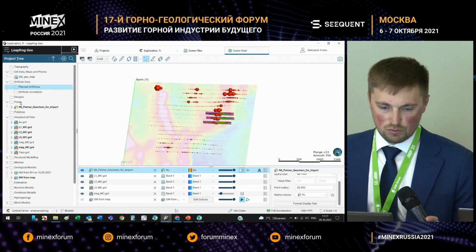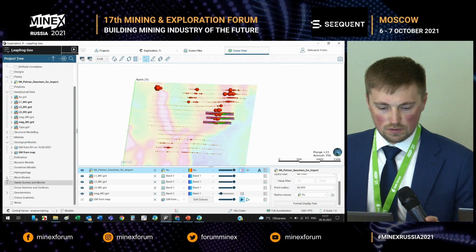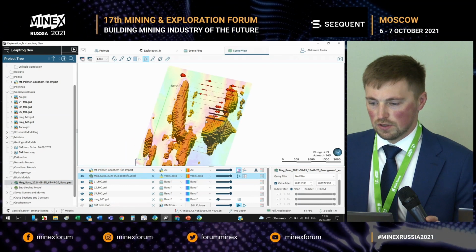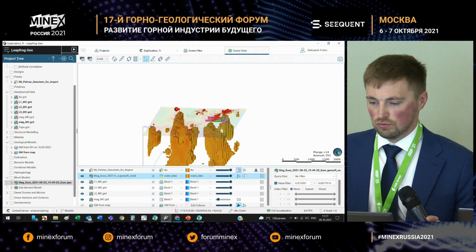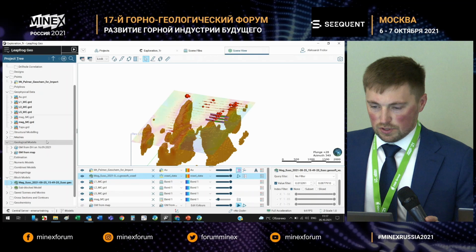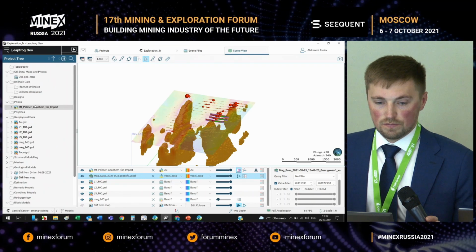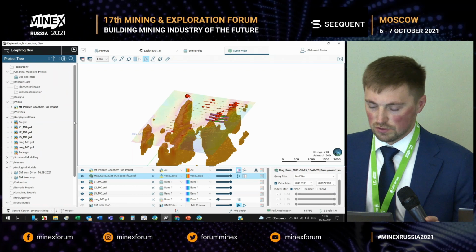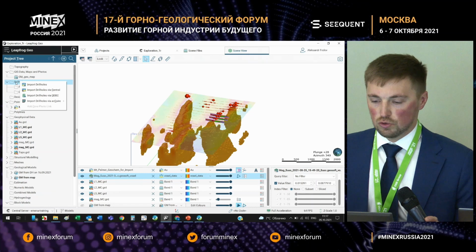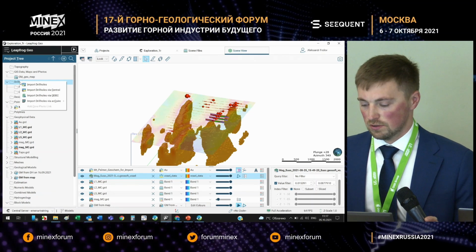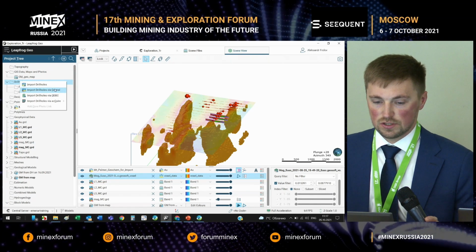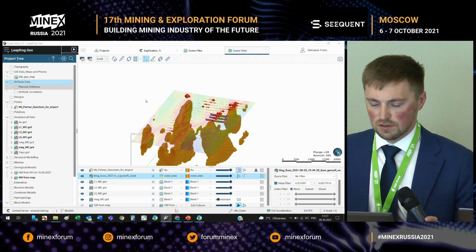We can also upload data on magnetic susceptibility of the rocks. I showed you this inversion of data in Oasis Montage, and thus you can have a general picture of the situation on this site. Next, I want to show you that after implementing drilling, which is the next stage, when we have already checked the anomalies with the drilling, we can document all these activities in MX Deposit, and also upload them to our Leapfrog through Central.